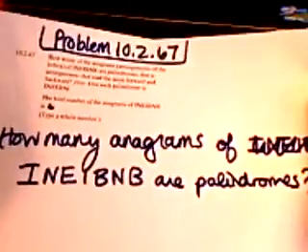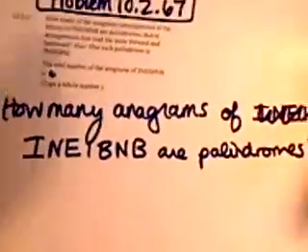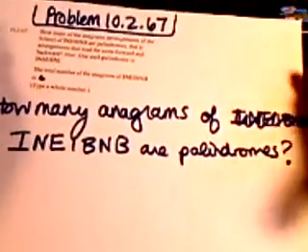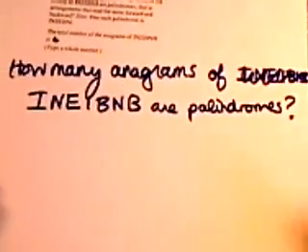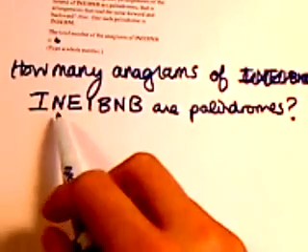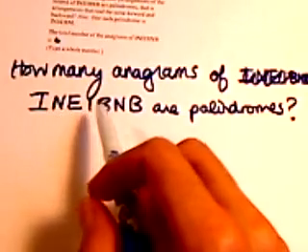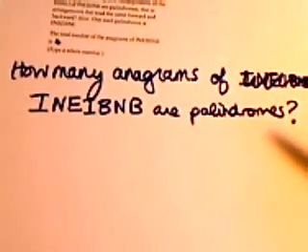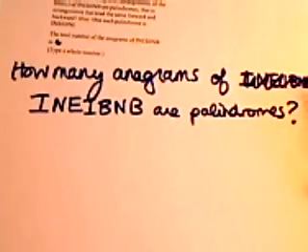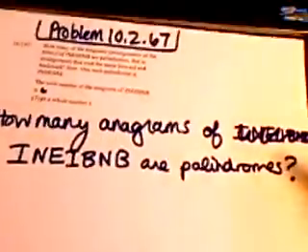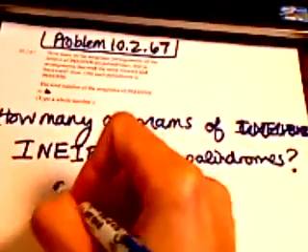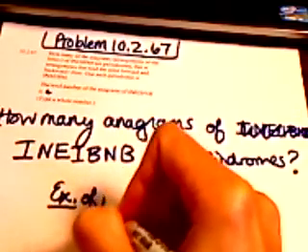Okay, so this is problem 10.2.67, and they ask us in this problem, how many anagrams are there of this I-N-E-I-B-N-B, or palindromes, okay? So an anagram is just another way of writing this, and a palindrome is a word that reads the same forward and backwards, okay? And they gave you an example in this problem of a palindrome